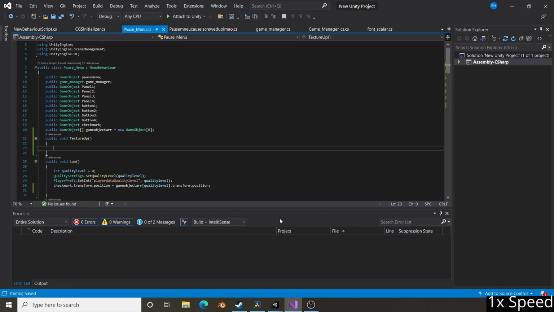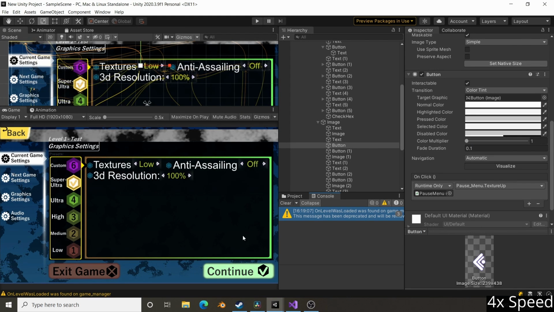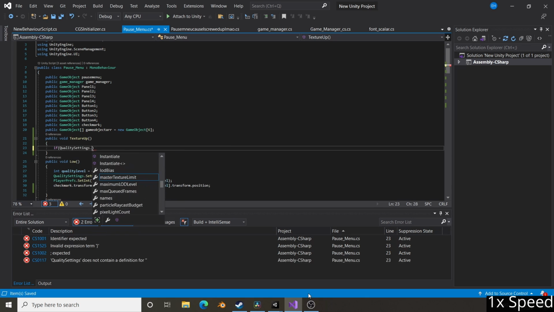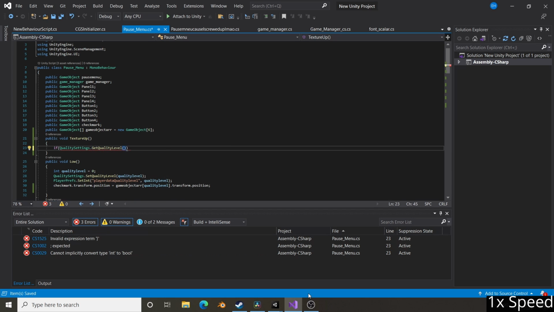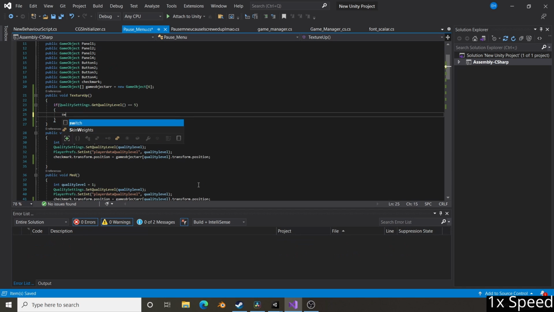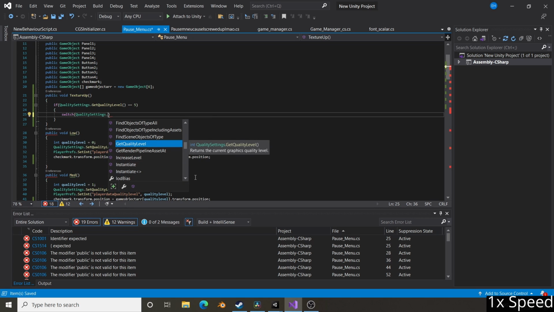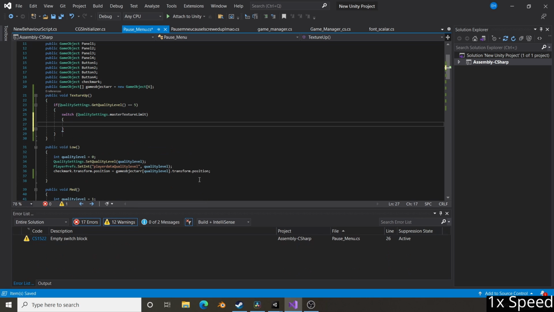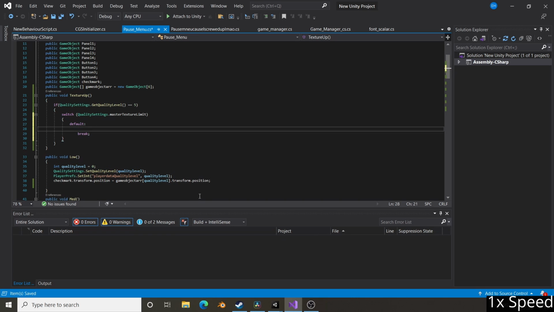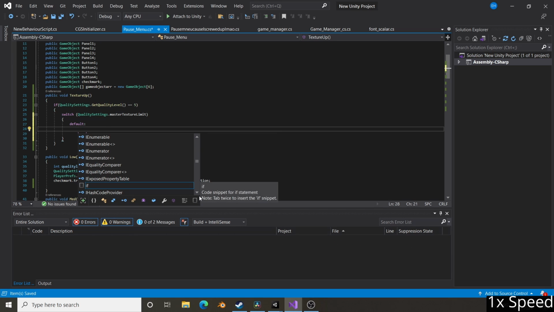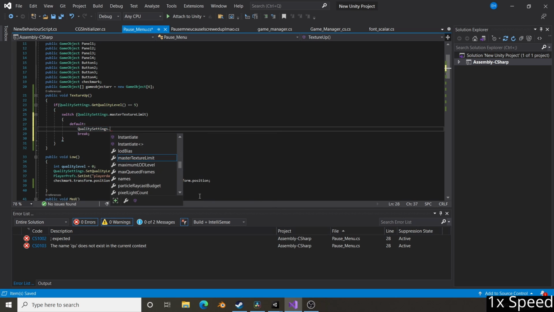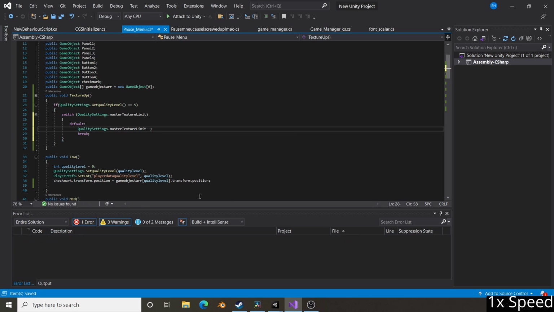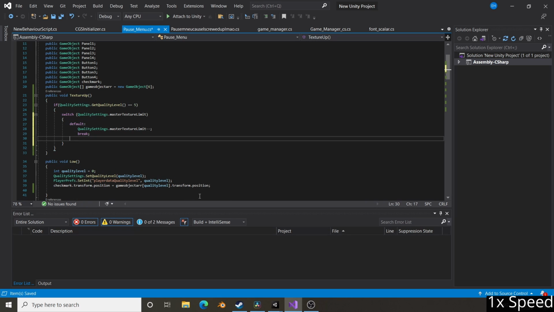quality. On texture up, I'm going to say if quality settings dot get quality level equals 5, I'll say switch quality settings dot master texture limit. And in here we're going to say default. So 0 is the highest, 0 is full res, 3 is 8th res. We want it when we click the right arrow, we want the texture to improve, so we want the value to get less. Quality settings dot master texture limit minus minus,